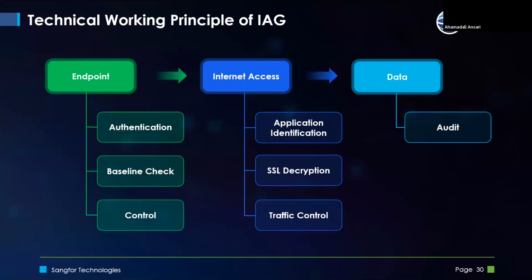And based on the different departments which schools already have, which can help students to come up from such kind of emotional things, it can be achievable. So SSL decryption is again a very important part in terms of blocking VPNs, in terms of having certain keyword-based blocking, which can help students in terms of monitoring. So application identification, SSL decryption, traffic control is also very important.